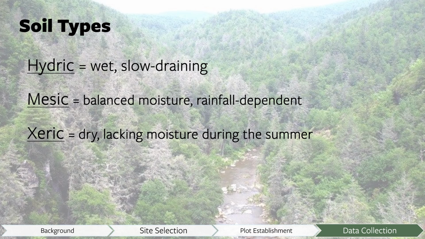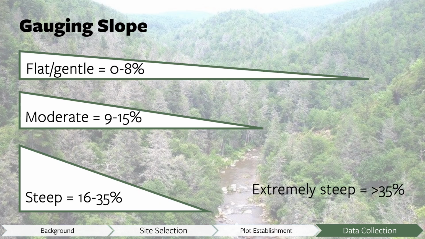Another question that will come up on your data sheets is gauging slope. So you're just estimating this, but we have some rules of thumb for the grade that would be associated with a flat or gentle slope, and so on. So we have these triangles to show you what a flat or gentle slope would look like. So this is up to 8% of a grade, and a good rule of thumb for estimating a flat or gentle slope